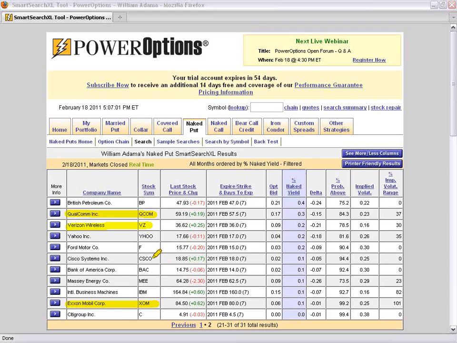Pretty sure Cisco was there, and Yahoo. That might be a new one too, so I'll put that one in as well. But I think I'm above 7 now. 1, 2, 3, 4, 5, 6, 7, 8. Okay, I put in 8. So maybe Priceline was in there. Maybe XOM was in there too.